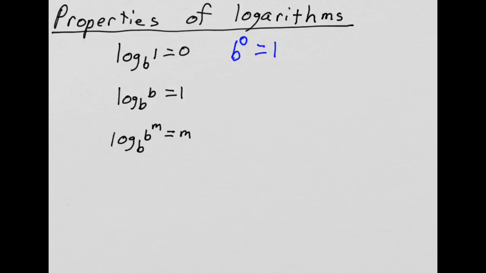The second one, we know my base is b, my exponent is 1, and b to the first is simply going to give me b. And then the last one, my base is b, I'm going to take that to the m power, and then that will give me